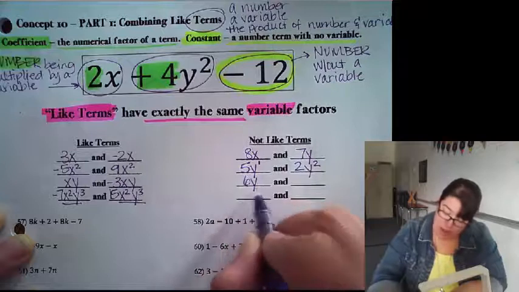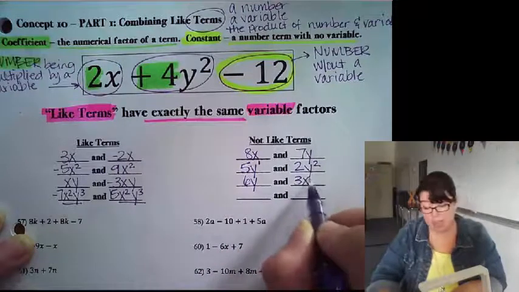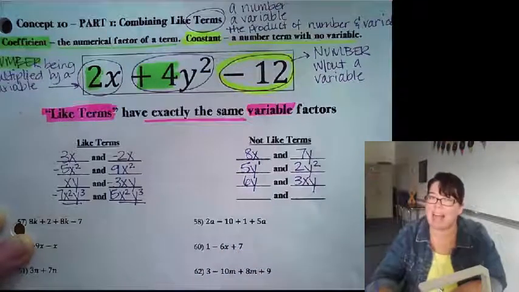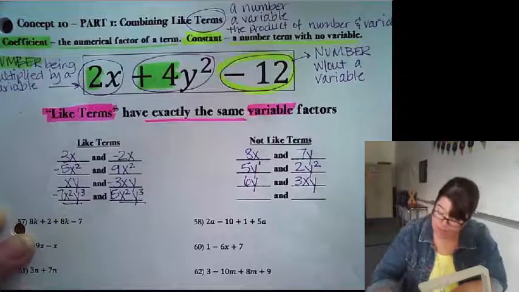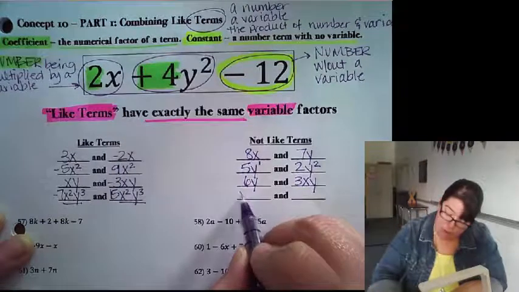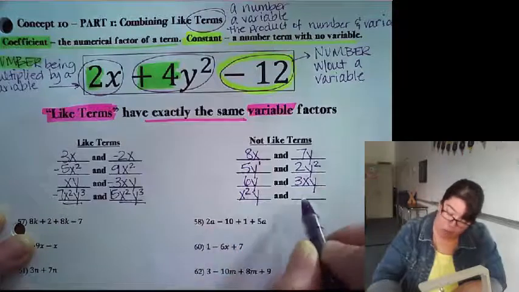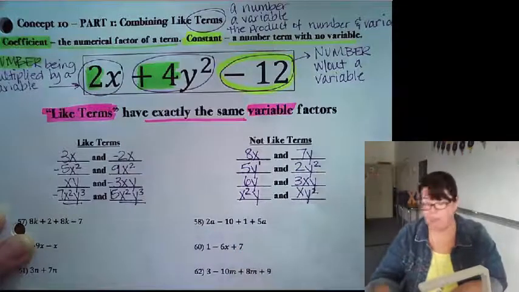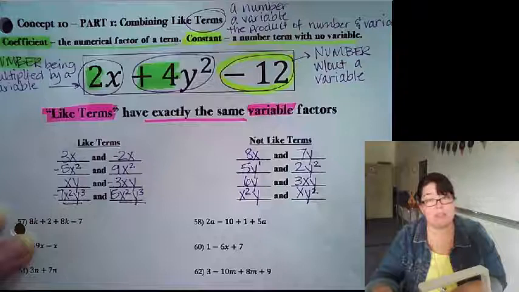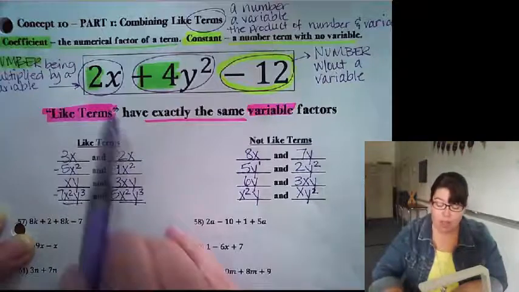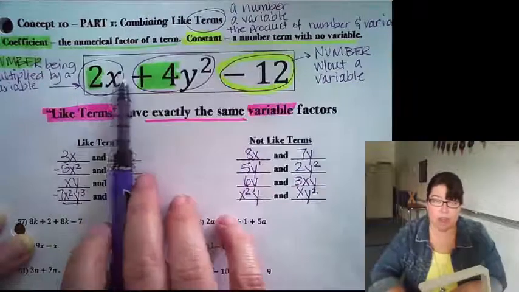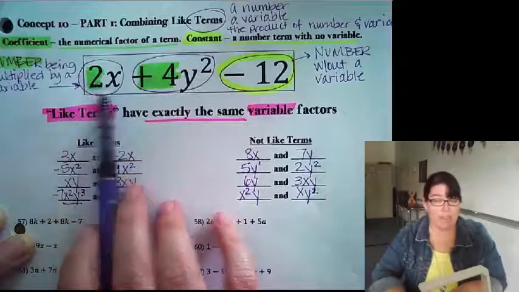6y and 3xy. Again, they both have a y, but they're not exactly the same, so we can't group them together. Then we might have x squared y and xy squared. They both have x and y, they both have a square, but they're not exactly the same, so they don't get grouped, okay? So looking at our expression, none of these are like terms